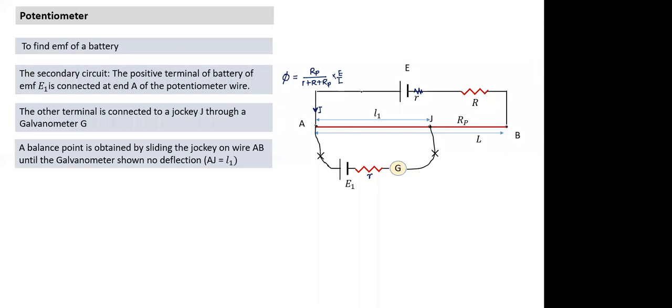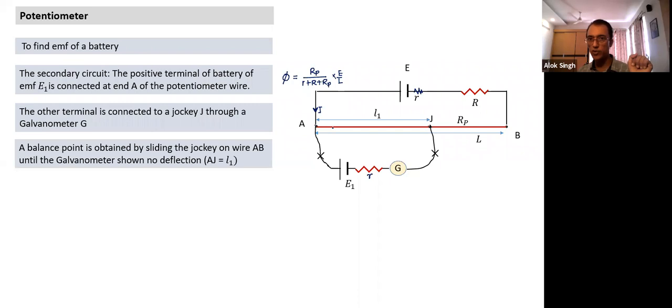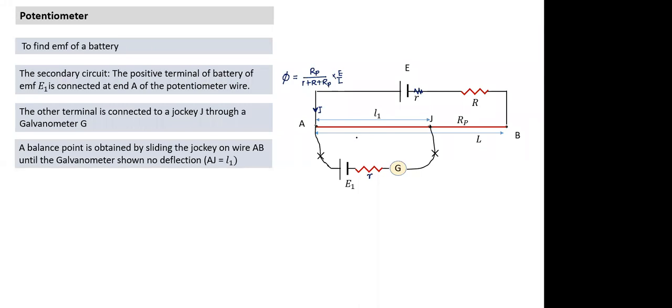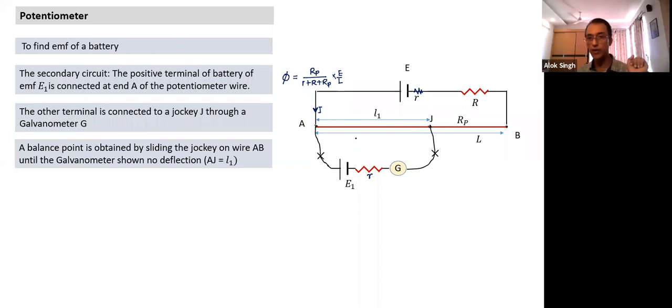So this is the battery connected. Current is flowing like this. As current flows, the potential keeps dropping. What is the potential difference between A and J, Nishita? Phi by L1 or phi into L1? Oh, sorry, phi into L1. So one way, if I go from here to here, this wire's potential keeps dropping and this potential drop is phi into L1. So this is the potential drop along this path.